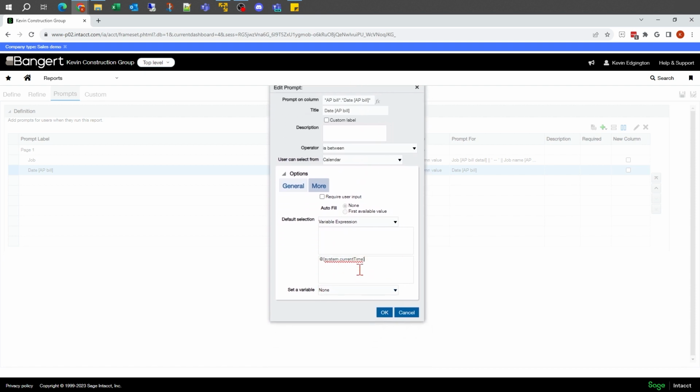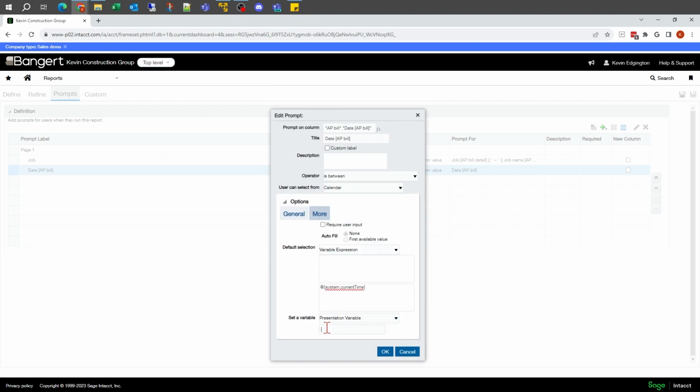That way for my ending date, it should look at the system date and put in today's date for the default. Set a variable: you can leave this at none unless you want to display the range on your report. In this case, I do want to save this, so I'm going to say that it's going to be a presentation variable. And I'm going to give it a name down below here. I'm just going to go ahead and say date.